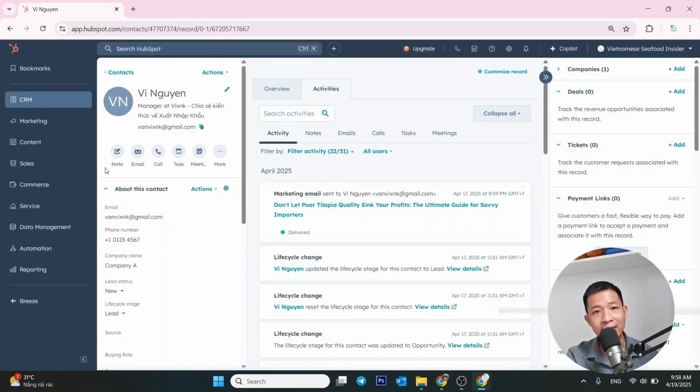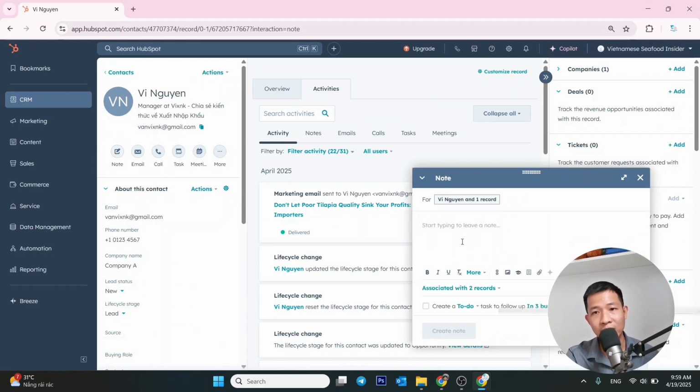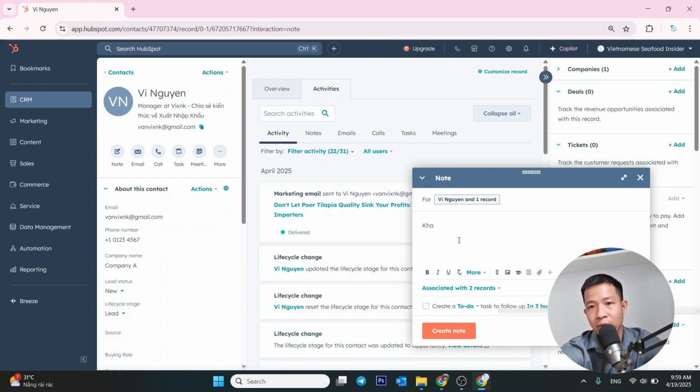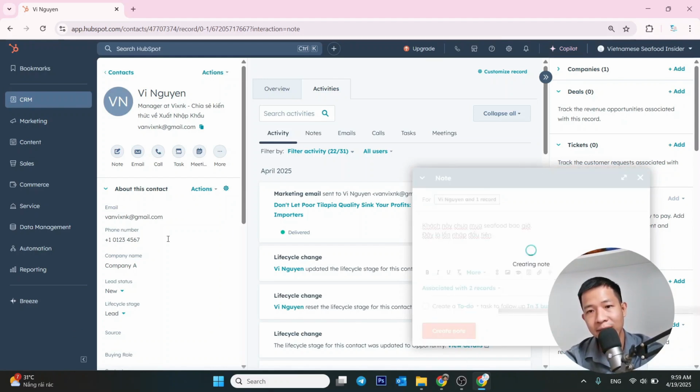here, the interface of a contact record will have all the fields you need to save information. For example, there's a notes section where you can jot down any ideas, reminders, or details about a customer's profile. For instance, you might note that this customer, you'll write this in Vietnamese, has never bought from Sai Phuc or purchased a product. So it'll note that down, and after I click Save, it will be stored in the